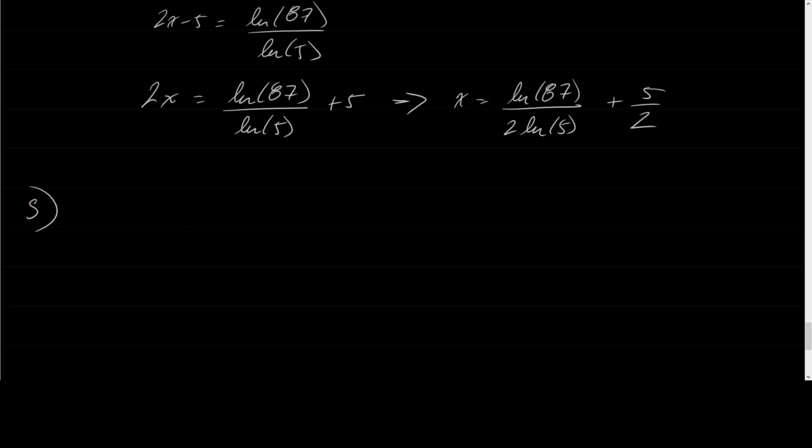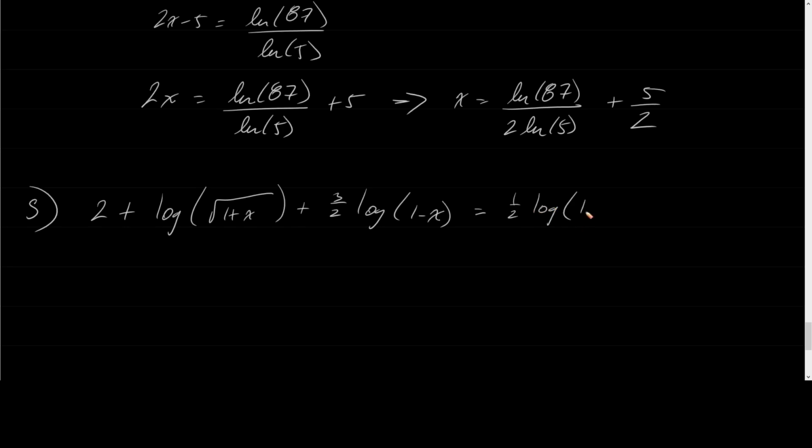Let's say I have 2 plus log of the square root of 1 plus x plus 3 halves times log of 1 minus x equaling 1/2 of log of 1 minus x squared. All right. So in here,